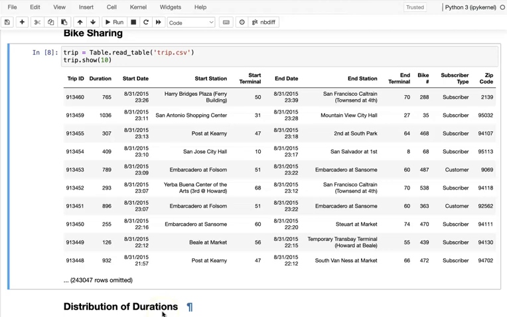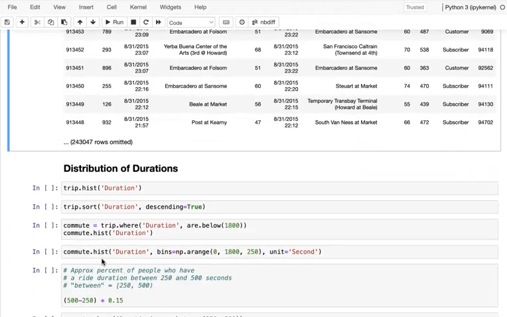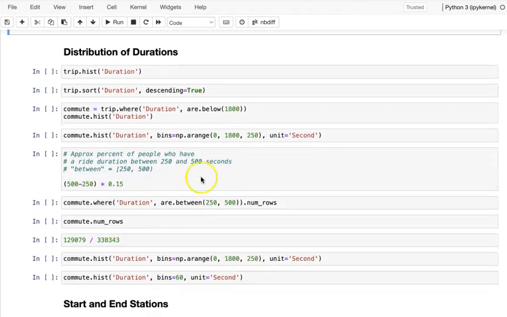Okay, so always when I ask a question, pause the video. So think about that before you see the answer. So since we say that's the distribution of the duration, right? And duration is the numeric number. I want to see the duration. So right, that's the histogram. Okay, so that's our histogram.